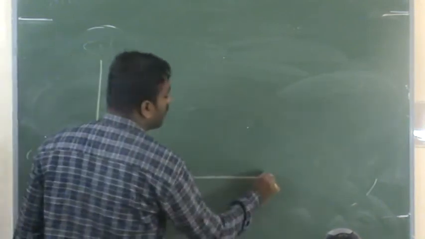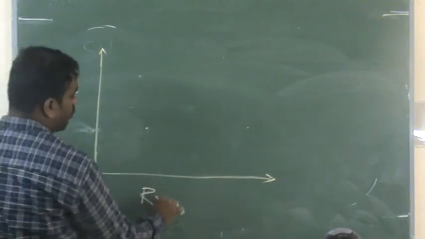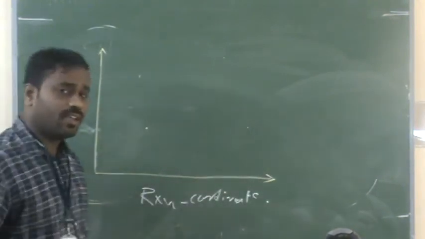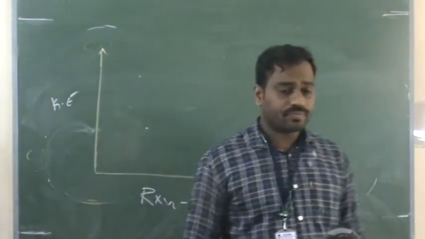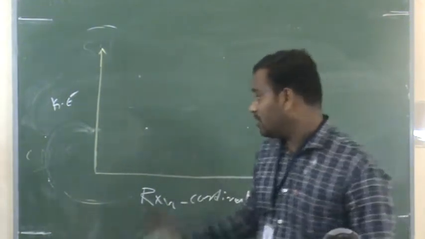So now I am taking one energy level diagram. What is the meaning of an energy level diagram? The reaction that we are discussing, in graphical manner, is called an energy level diagram. Here I write the kinetic energy. Here I take the reaction coordinate. What is the meaning of reaction coordinate? How the reaction is going on. We discussed that in the mechanism, no? The reaction is going on. Reactants are there.